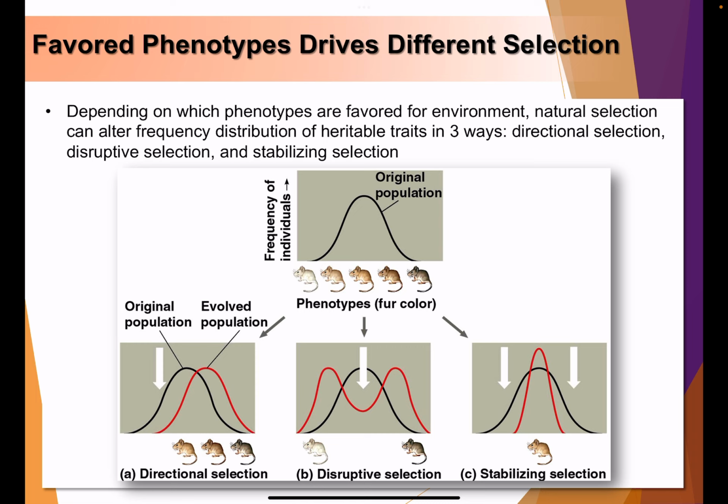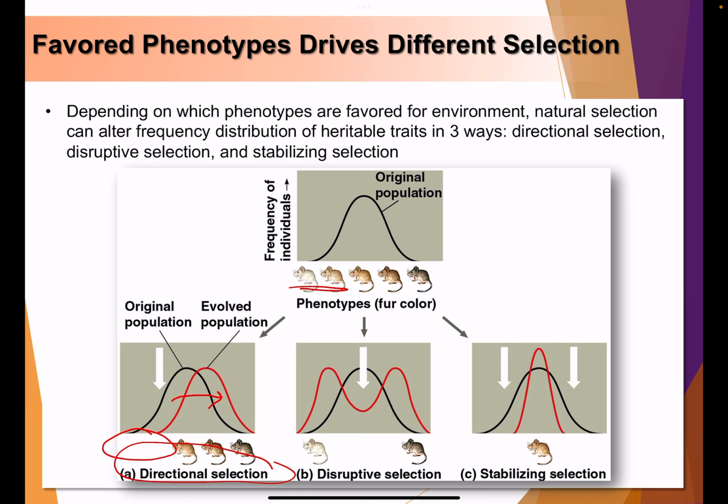So I see here in directional selection, which is the first type we talked about, it only goes one way, which means it results in the evolved population either going to the left or to the right of the original population, depending which of the extreme phenotypes the environment favors. In this case, the curve shifted to the right, which means it favors darker fur mouse. So those that were lighter color that were here have died off.